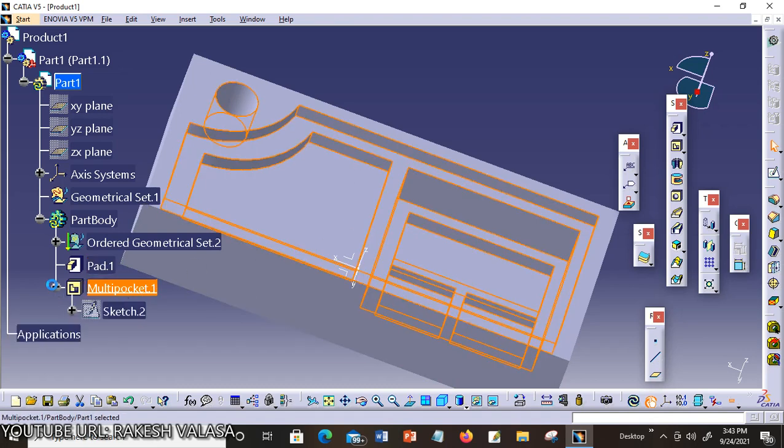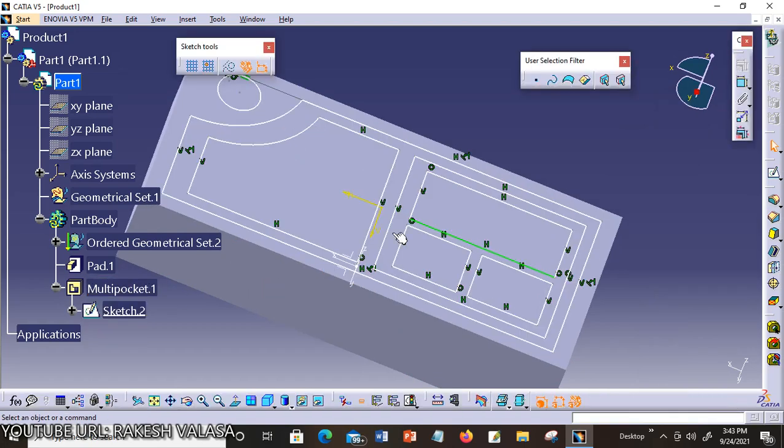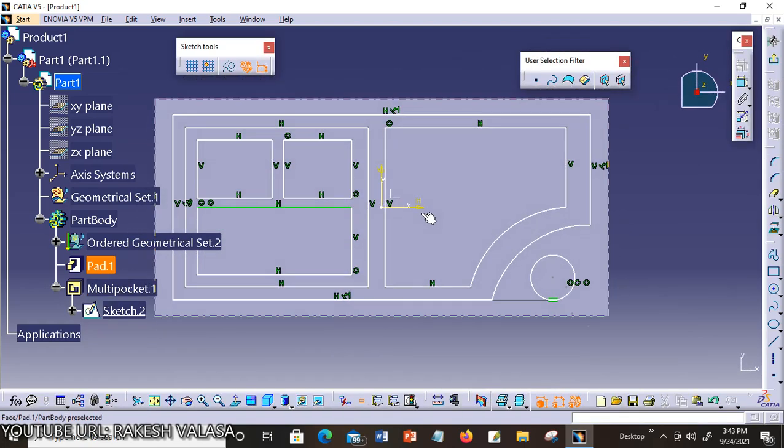Now double click on this sketch 2. Draw a closed profile inside this extrusion. Now I am taking one rectangle.